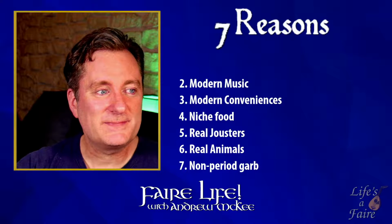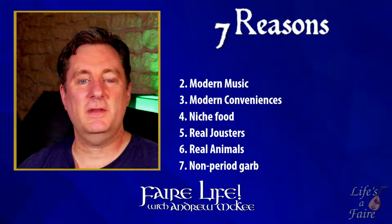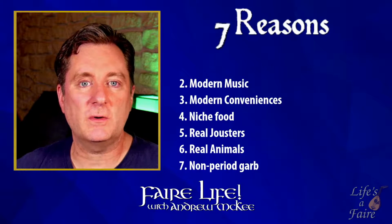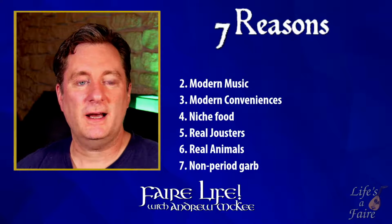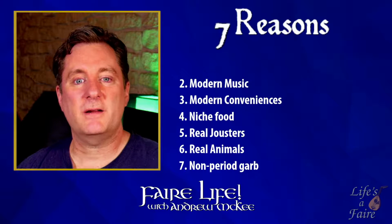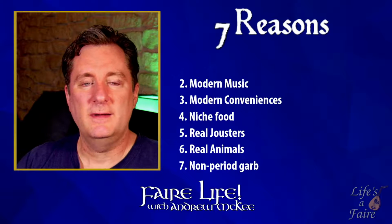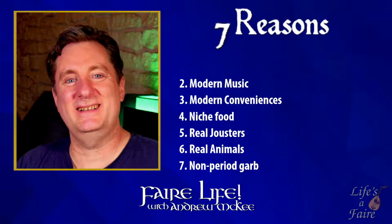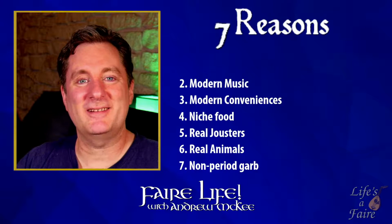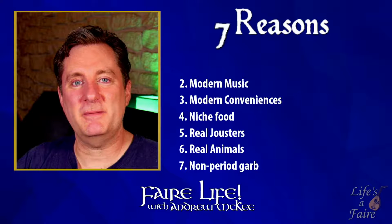Number two, modern music. And that's kind of an interesting thing because there's actually very little medieval music or even Renaissance music out of all of the music you heard at Faire. The percentage is actually very small. A lot of the classic Ren Faire songs people sing along to, they're not old. Wild Rover, Whiskey in the Jar, all that kind of thing, not from the Renaissance. I mean, you'll do a lot of Irish pub songs and that kind of thing, but it's not